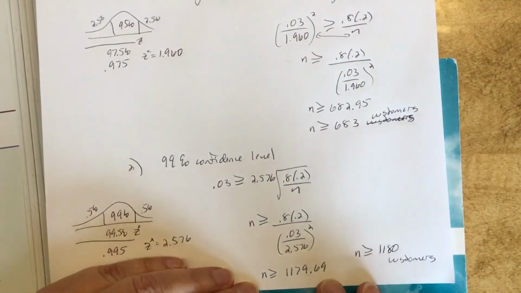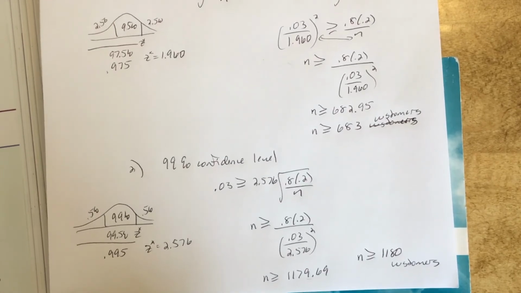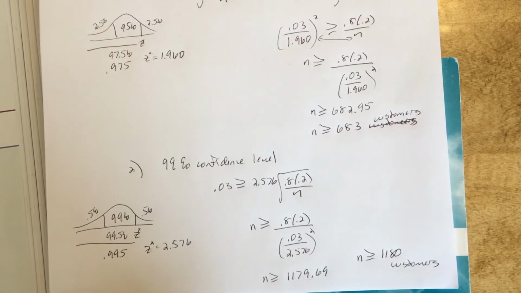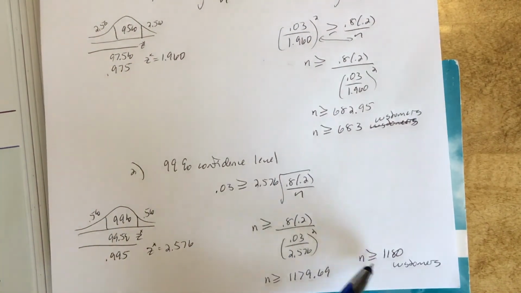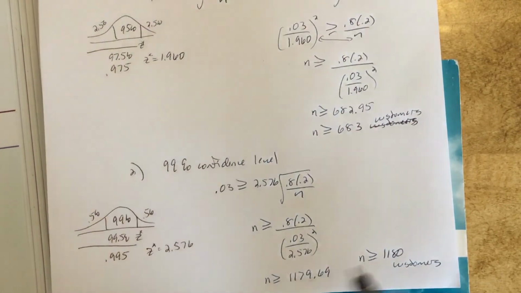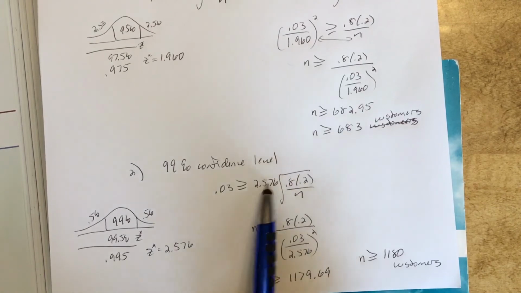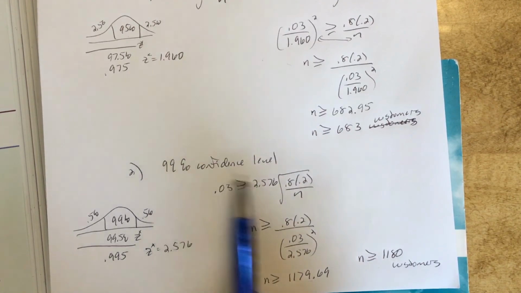Okay, that's how we solve for sample size for the margin of error in a confidence interval for a population parameter. Oh, then it said determine how this would affect your answer to question 1. Oh, we already knew that. We knew the sample size was going to go up from 683 to over 1,000. Because if you're going to be more confident, you're going to ask more people, obviously. Okay. And think about it mathematically. Mathematically, your confidence level is going to change your critical z, and the higher the confidence level goes, of course, higher